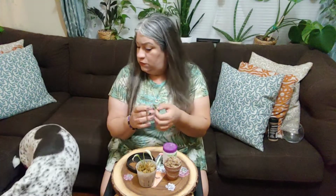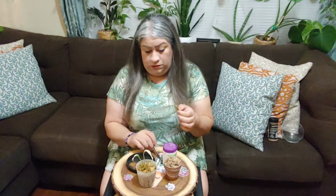Alright, so I let it dry off for a day or two. After I let it dry off with the cinnamon for a day or two, I did